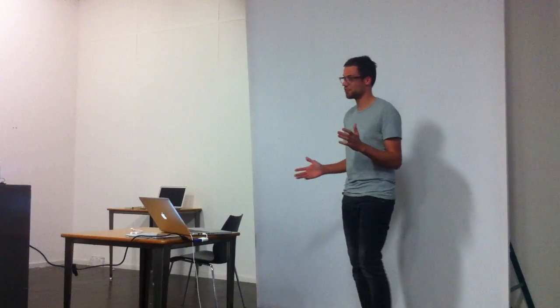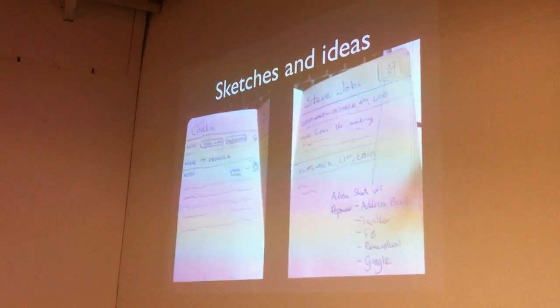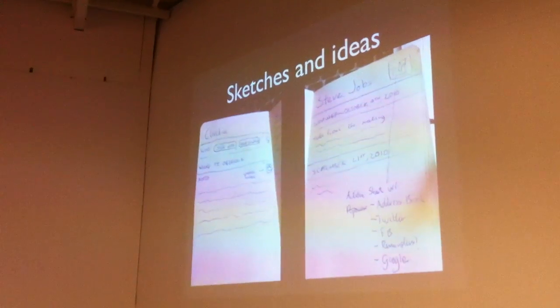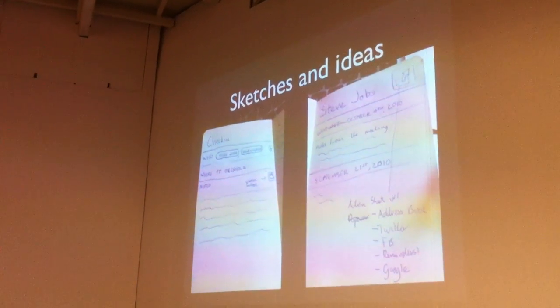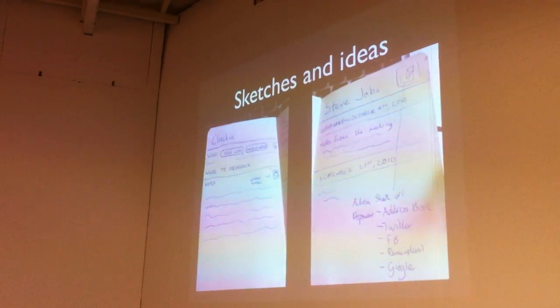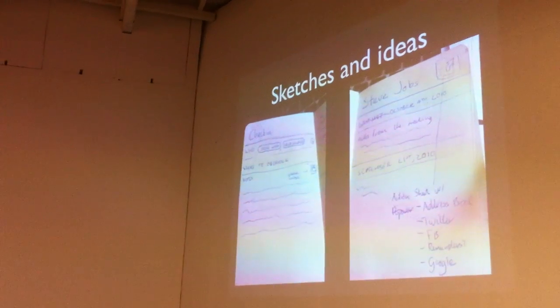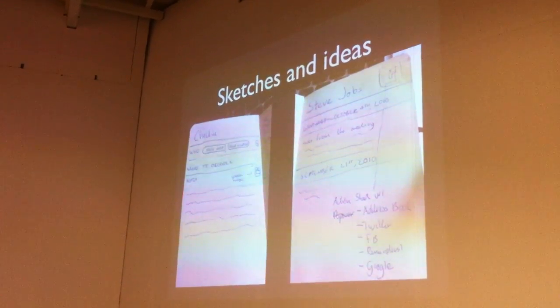And I started with some sketches and ideas. This was on the beach in Malaga. I was sketching here, and it's a bit horrible to have Steve Jobs' name over there. But this was before he died and before anybody knew, so I was just writing it, and I wanted to include the real pictures. So on the left you see the check-in screen, and you can add people's names, just